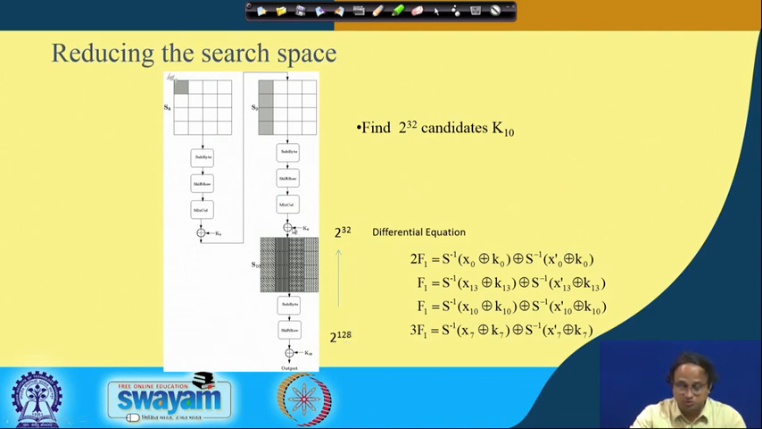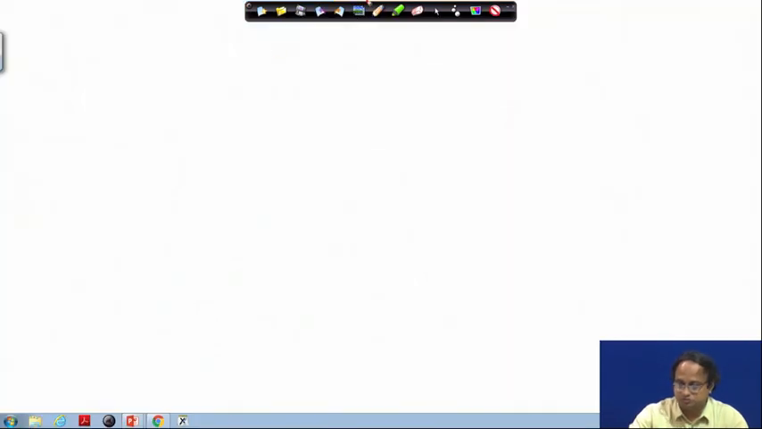What we now want is to work backwards and go to these positions, okay, and exploit the relationships here among these key bytes, and reduce them further. So, in order to do that, let us try to redraw this picture and see how the equations work. In particular, imagine that this is the